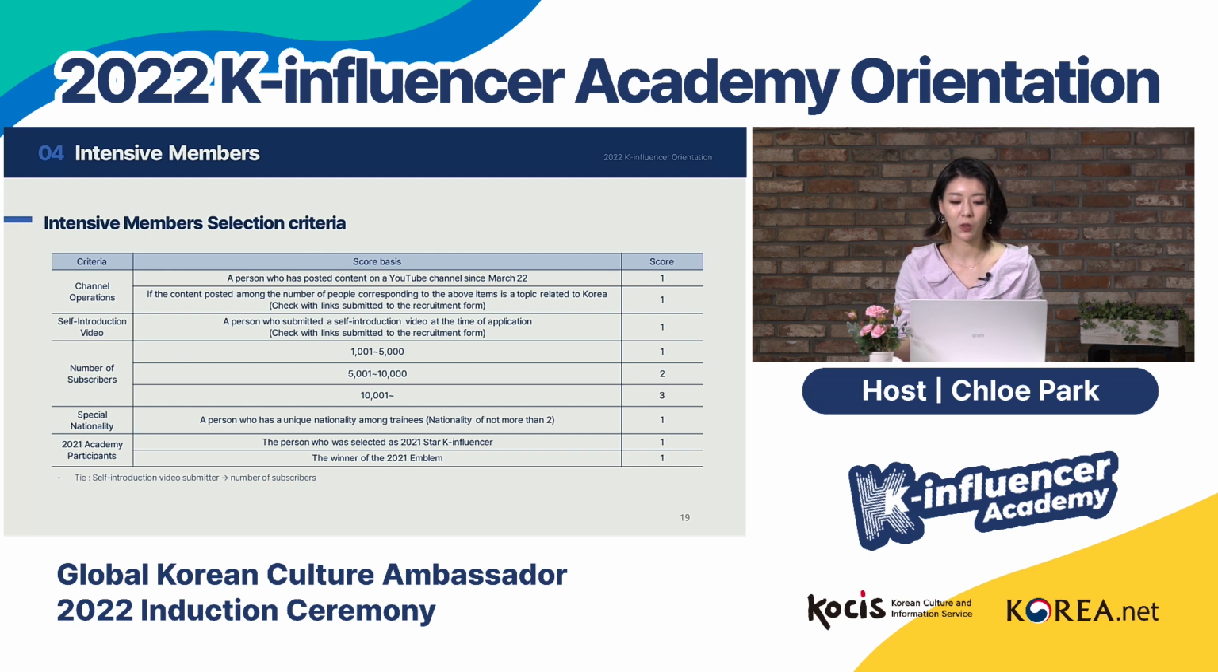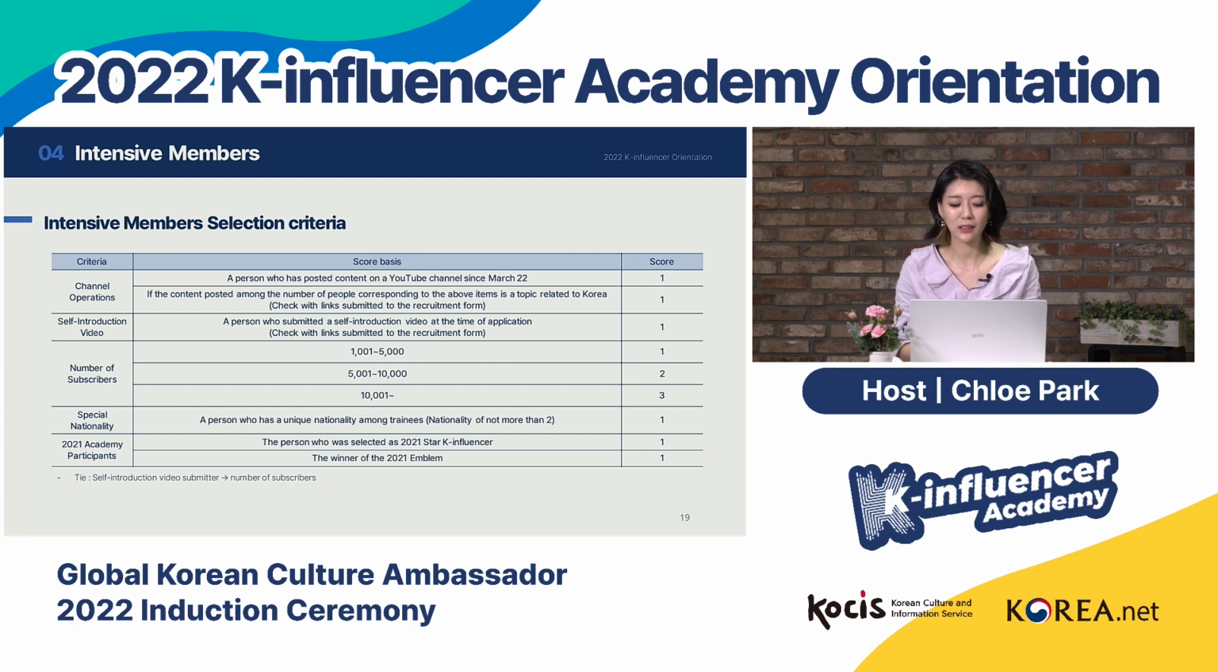And if your subscribers are more than 10,000, you'll get 3 points. I don't know how difficult it is to get more than 10,000, but I heard on average you can get 10,000 subscribers in 2 months' time. So if you are already selected as a key influencer, you might have been interested in content creation for a long time. So I think it's not a very high criteria or a barrier to becoming an intensive